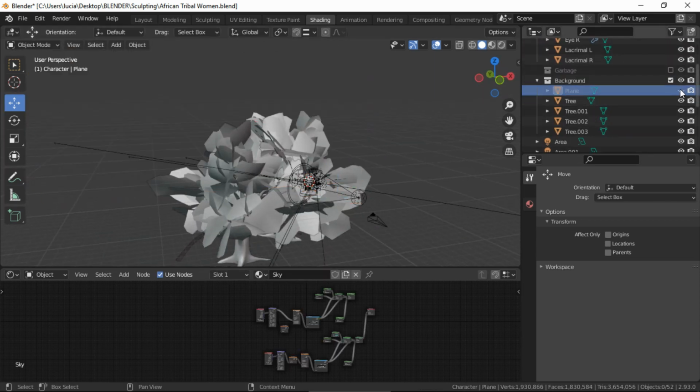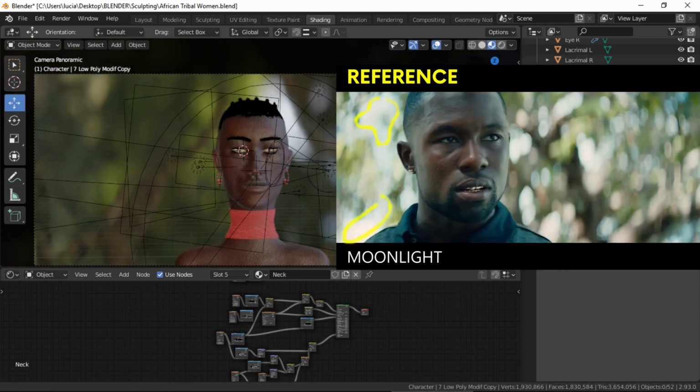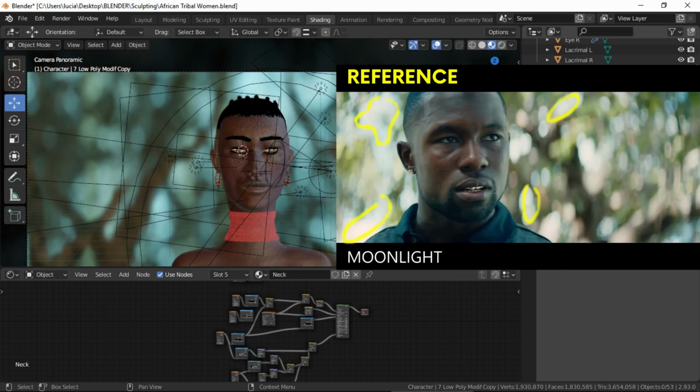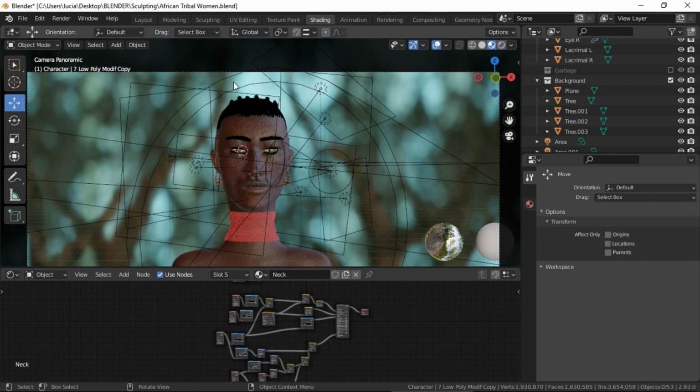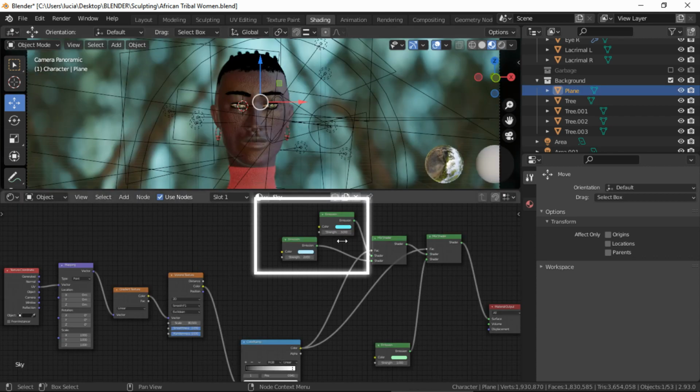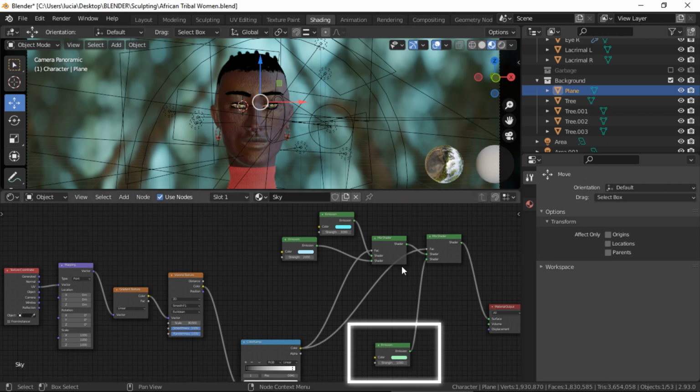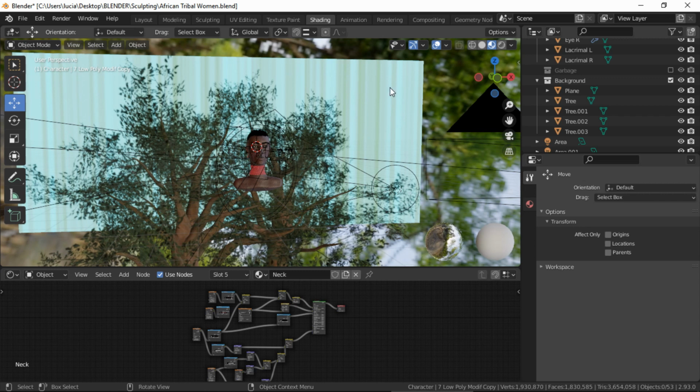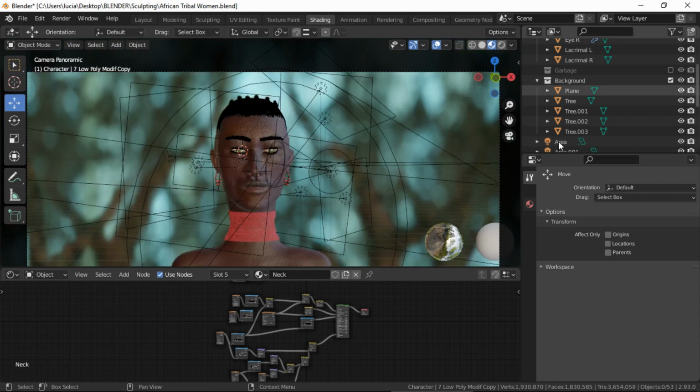I added this plane to give the idea that there's sky behind these trees, and my plane is actually an emissive plane and has different colors and intensities because I also wanted to simulate the blown-out highlights of the sky to make it look a bit more realistic, and there's also some green to give the idea there are some leaves as well. And it might look weird with these stripes, but in camera view mode with the bokeh you can see the different colors and strengths.